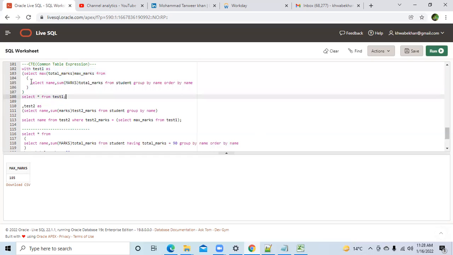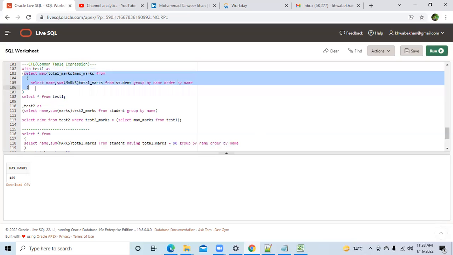I will repeat again. I told you that this query you all know. We have executed this query a number of times right now. From this query we got the output as 185. Then I told the SQL engine, the output of this, please keep it in this bucket with test one. So test one is what? A bucket. In this bucket, I have told it to keep the output of this as 185.